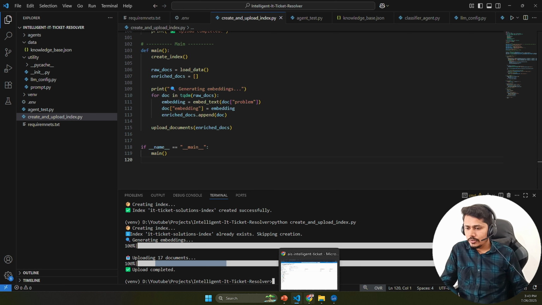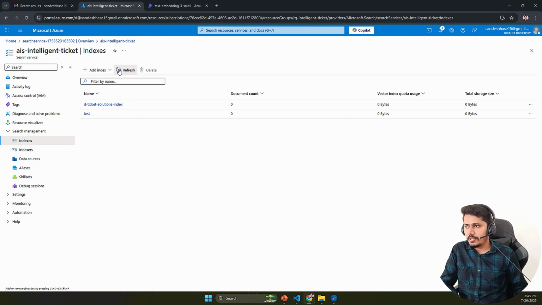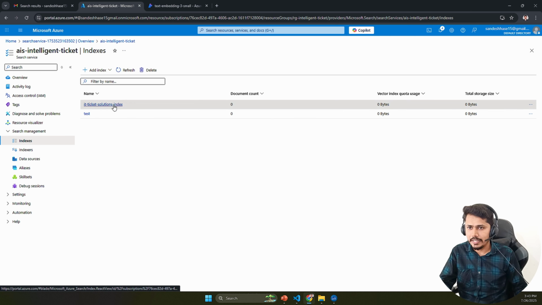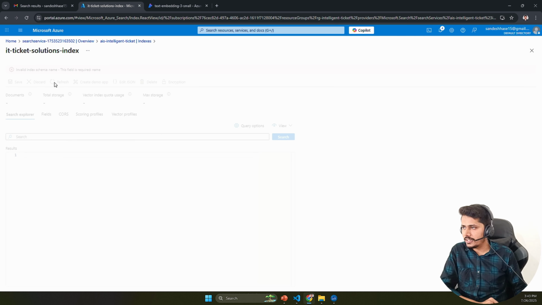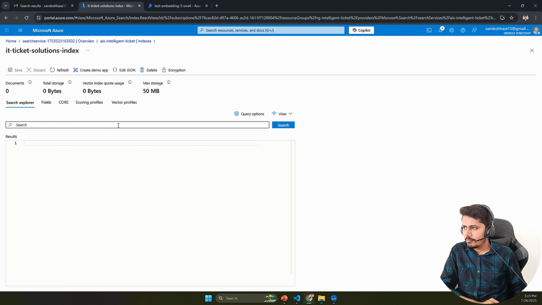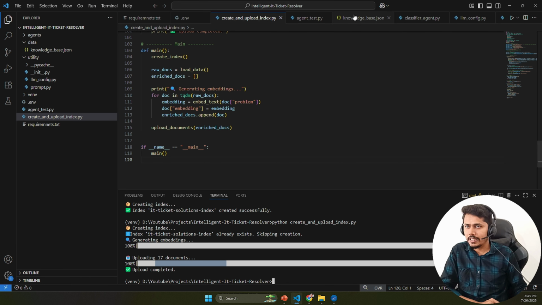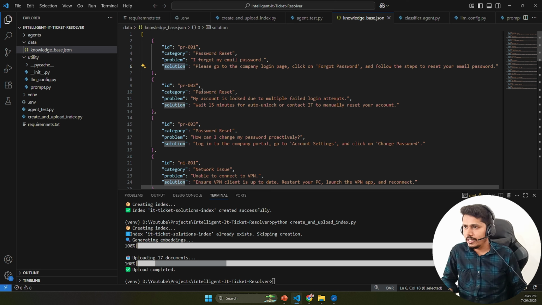Now, let's go ahead and check whether the documents are available. Sometimes it takes time to load that information into this particular index. So we need to refresh it sometime, or wait for some time, and you will be able to see that documents available here. Okay, as it is not loaded, but what we can do is we can go ahead and check out whether that metadata is available or not. So let's go ahead and search for this particular